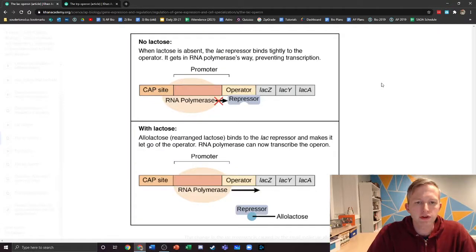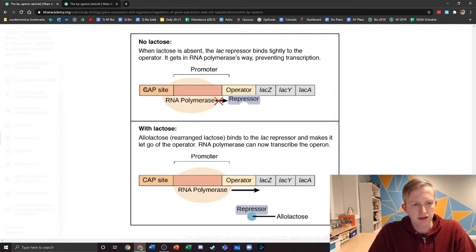Hey everybody, so we're going to look at operons, just a real quick look at a couple of diagrams. Here we see the lac operon, which is a mechanism for controlling gene expression found in prokaryotic organisms. So in this instance, we are looking at a strand of DNA across the middle here, and then different regions